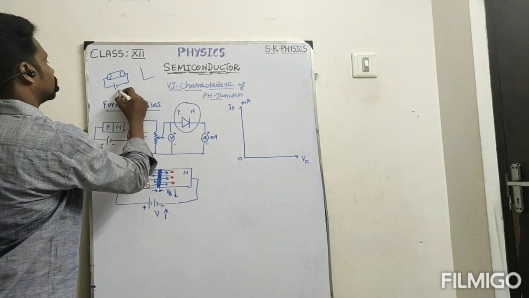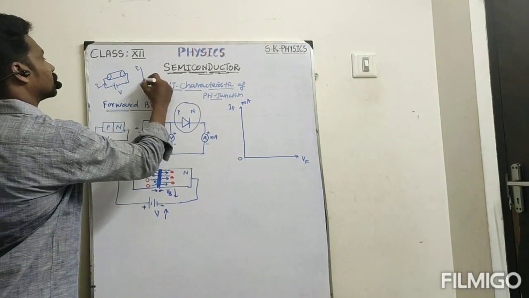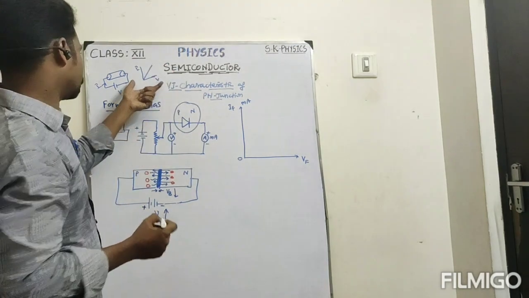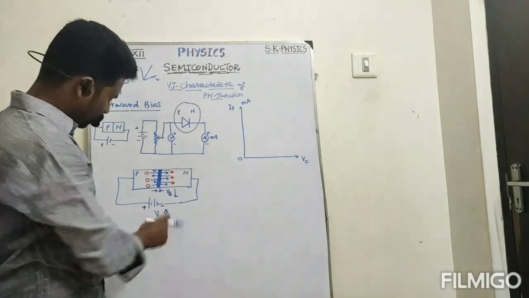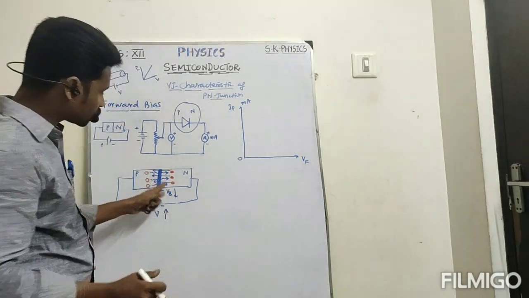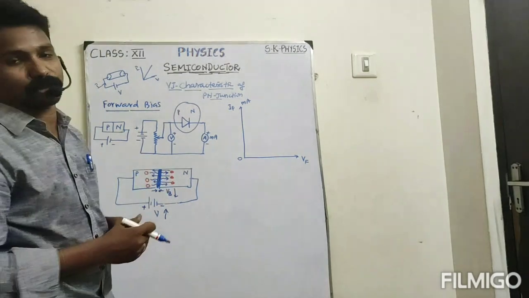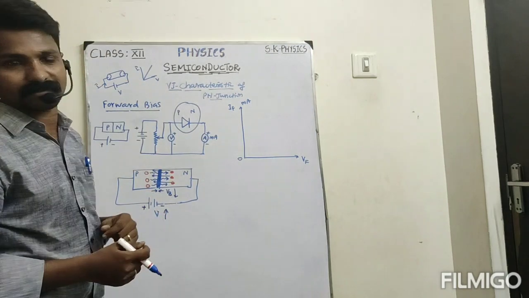So what happens when they increase the voltage? When we increase the voltage, the current value also increases, and I would get a linear graph. But here it is not like this. First I increase the voltage, and that increasing voltage is used to overcome the potential barrier. So the current value does not suddenly rise like this.